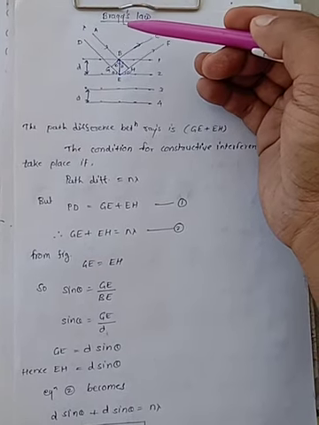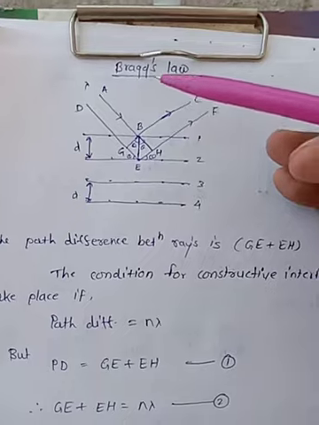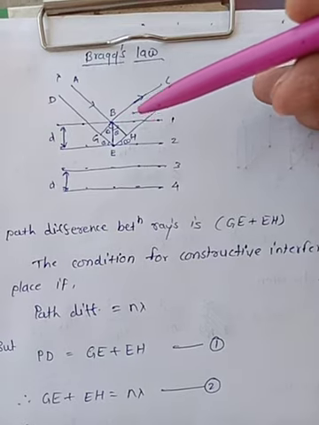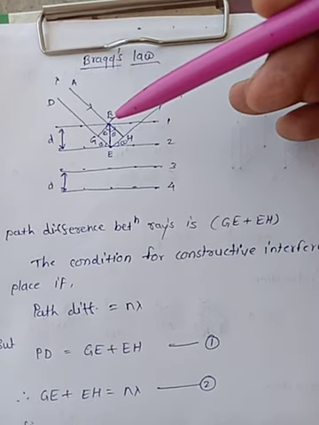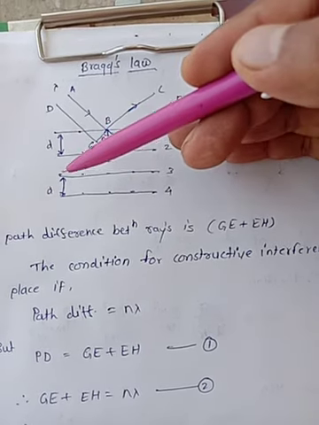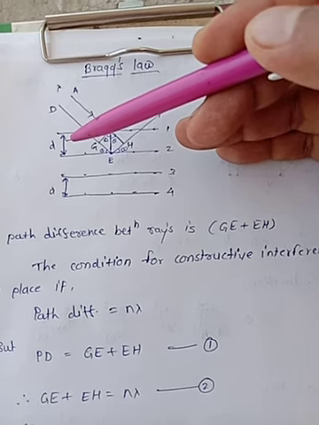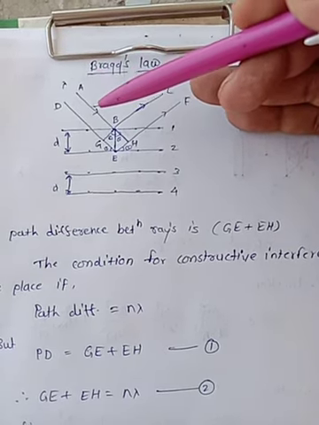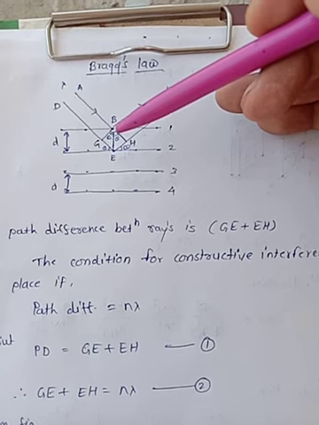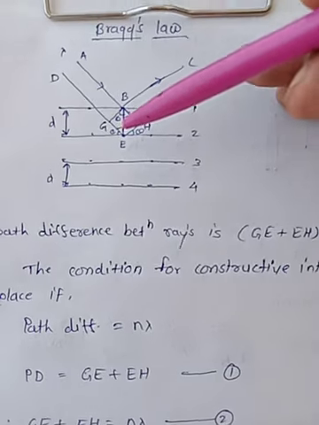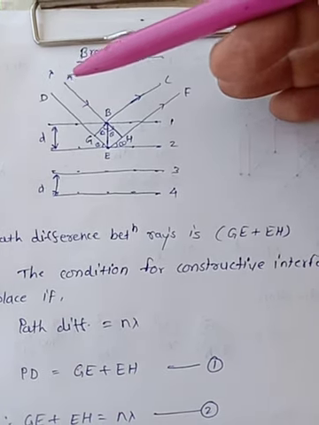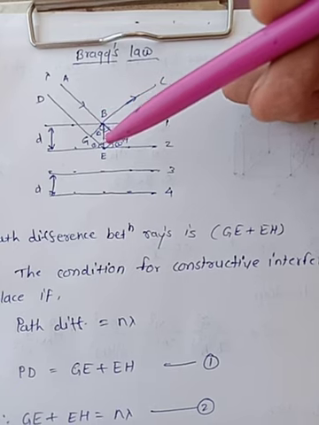Now our next point is Bragg's law. Let us consider a set of parallel lattice planes of a crystal, separated by a distance d. So d is the interplanar spacing between two planes. Let a narrow monochromatic beam of X-ray of wavelength lambda be incident on these planes at a glancing angle theta.